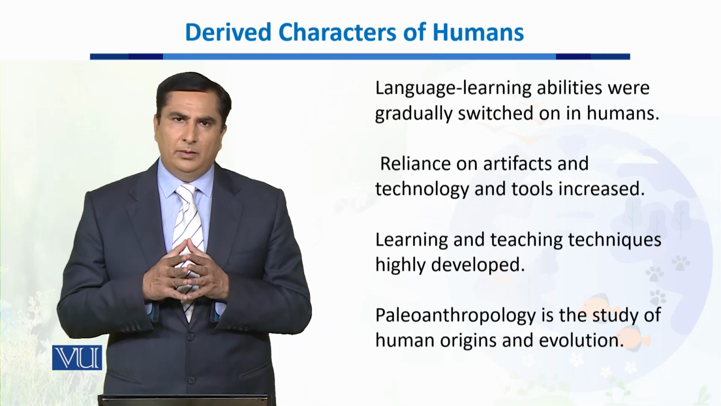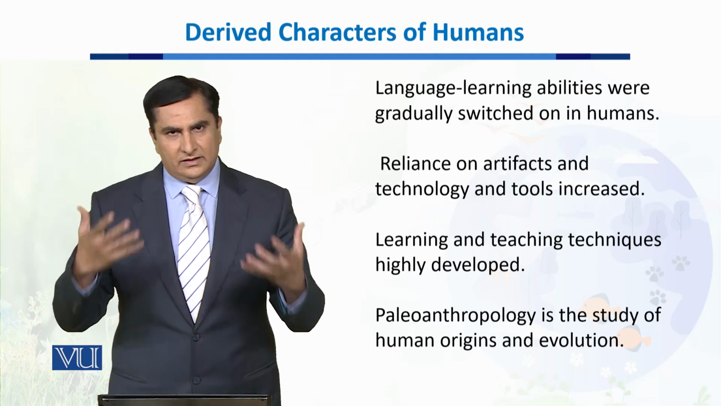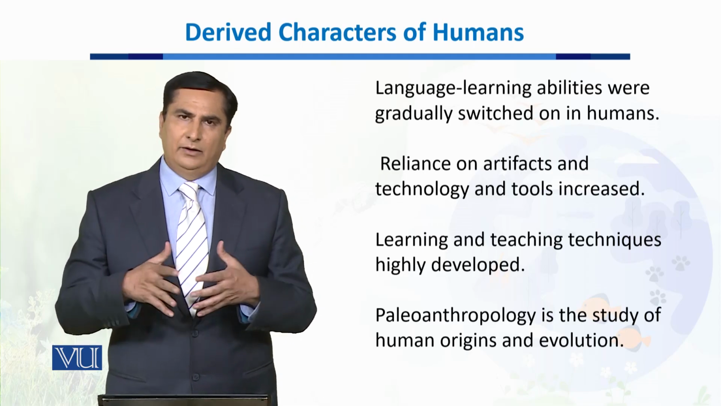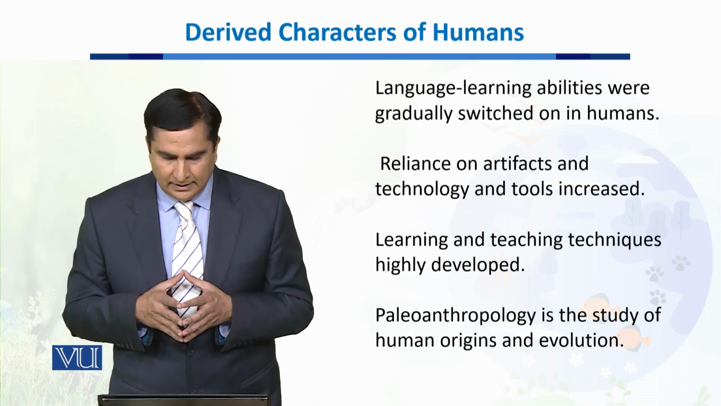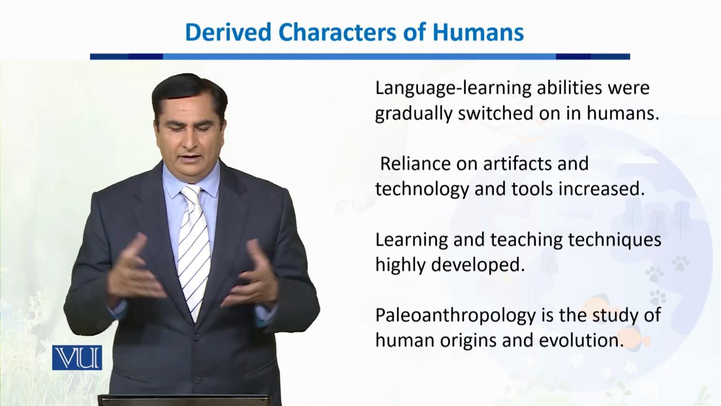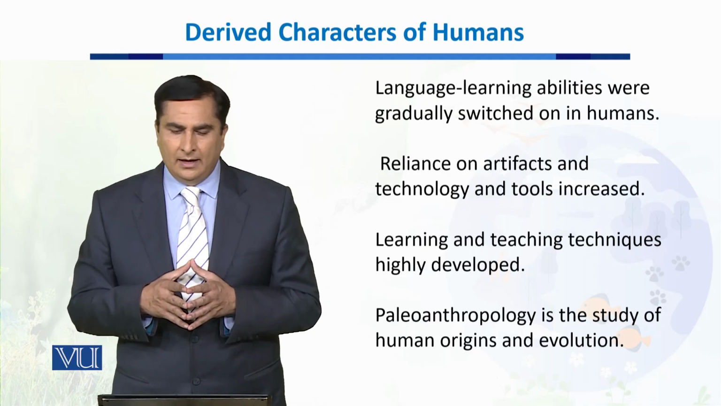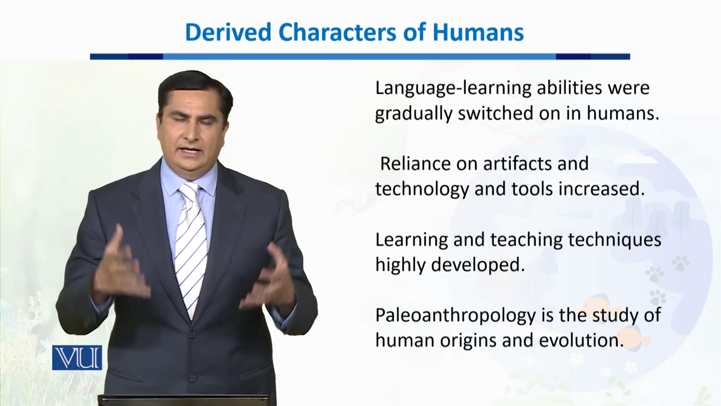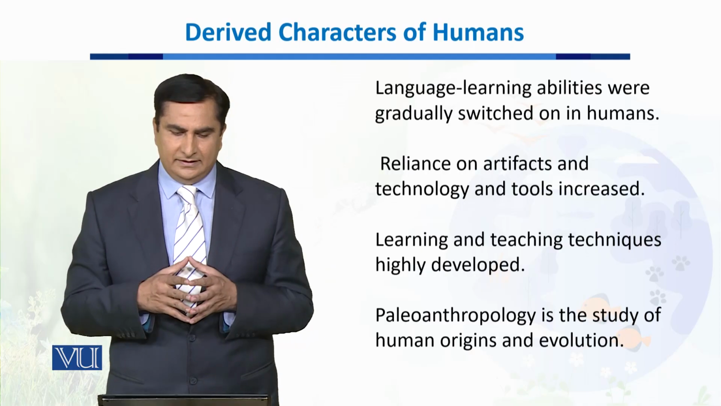Now, when we talk about the derived characters of humans, they started having more language learning abilities. They were switched on in humans as a result of having larger brains. And then they started developing different tools, artifacts, and they started utilizing technology for their ease. Also, their learning and teaching capabilities were enhanced, and with the course of evolution, they have highly developed these